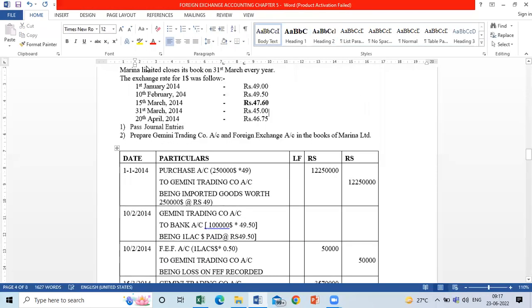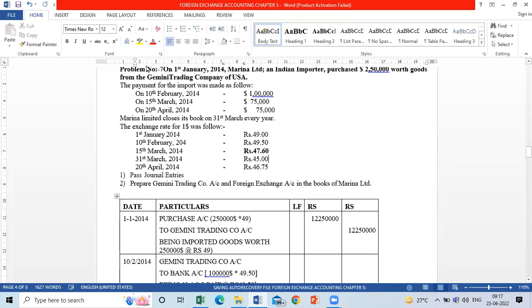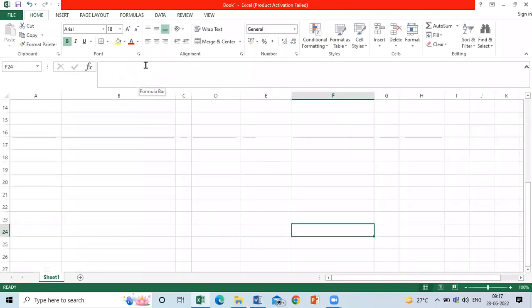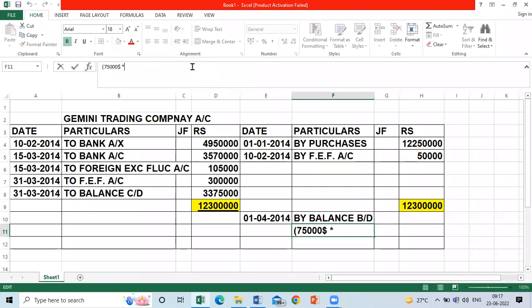Look above in the question at what the rate on 31st March was. It was 45 rupees. Here we will take $75,000 multiplied by 45. I can write the same thing here also. Closing balance $75,000 at 45 rupees. We have valued the closing balance of foreign currency $75,000 at the closing rate. This comes to